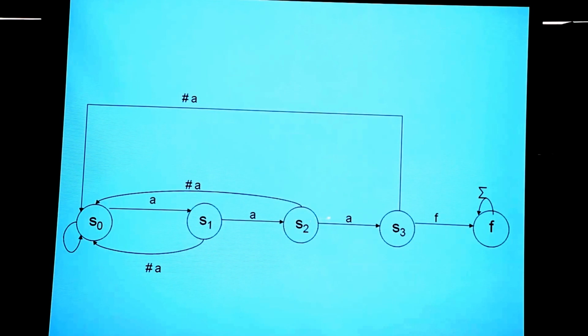From S2, if I see an A, I go here. If I see anything different from A, then I go back here, right? Then I should go back to S1 because I have just seen one A. I have only seen two A's, and after having seen two A's, I have seen a non-A, so I have to start from the beginning.